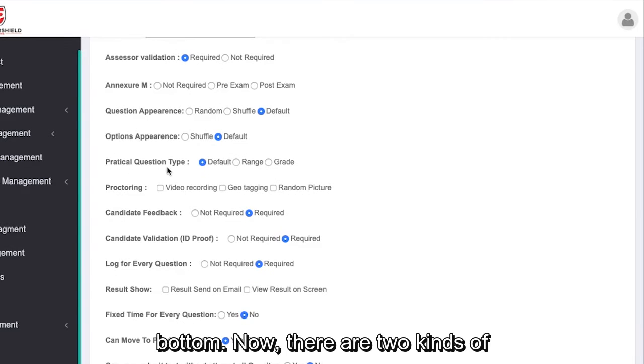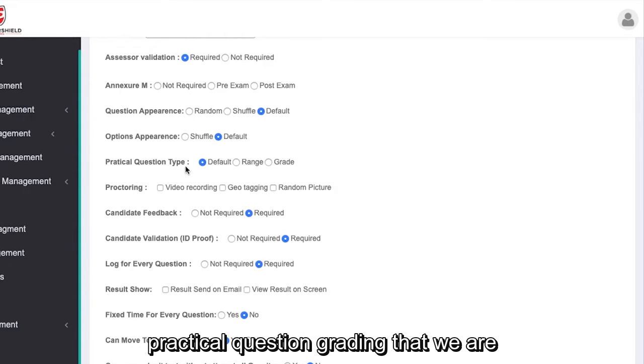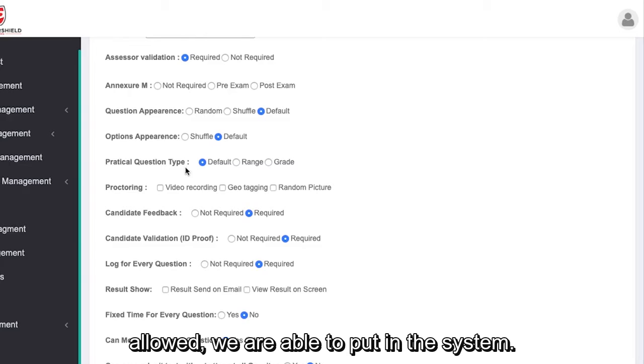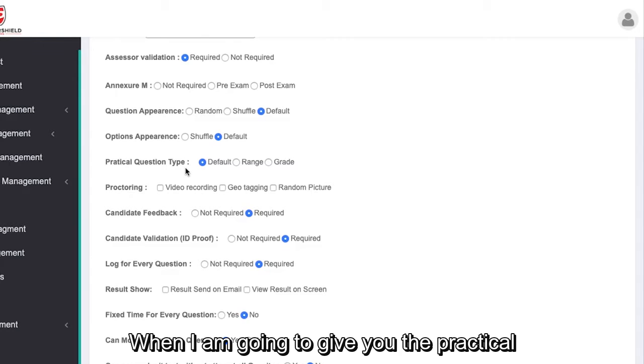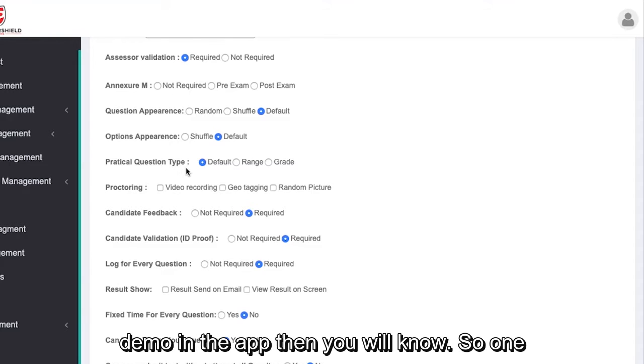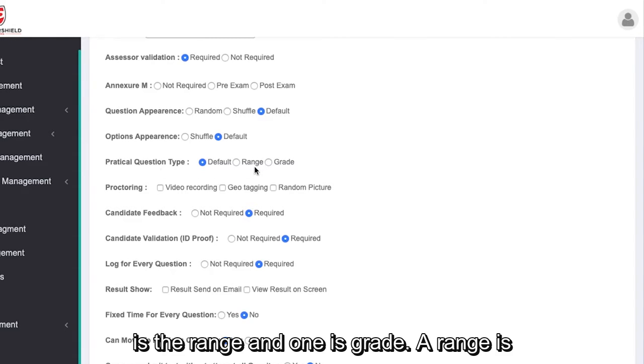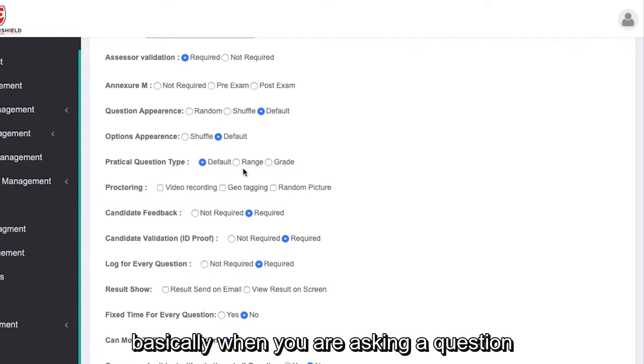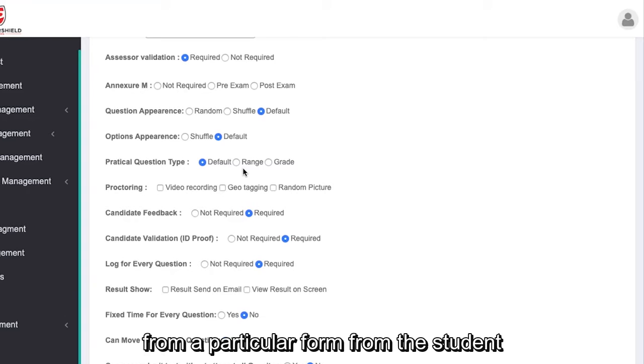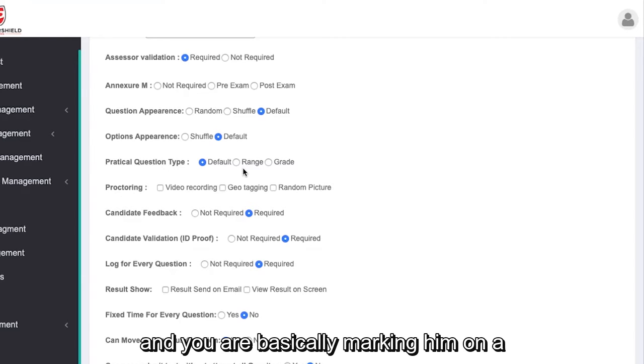Now there are two kinds of practical question grading that we are able to put in the system. When I give you the practical demo in the app, then you'll know. So one is range and one is grade. A range is basically when you are asking a question of a student and you are marking them on a continuum.